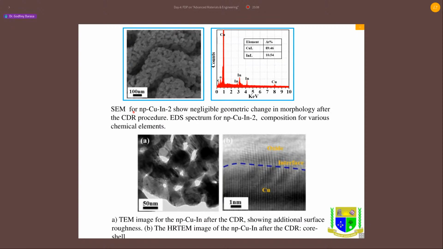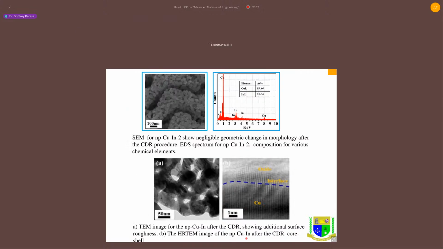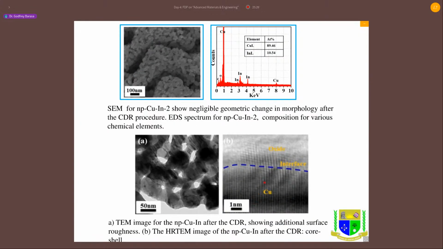We talk about the SEM, that is, the scanning electron microscopy. The SEM micrograph, that's how it looked like. This was the EDS. And then to look at the TEM image of nanoporous silver and the CDR, you'll find that we ended up with what is called the core shell. So we have the core made up of copper and the shell made up of the